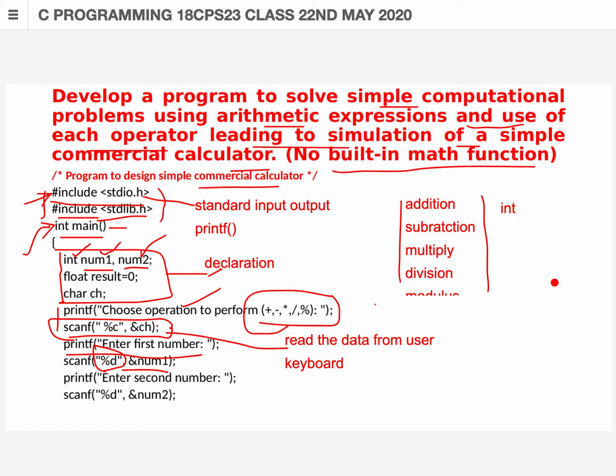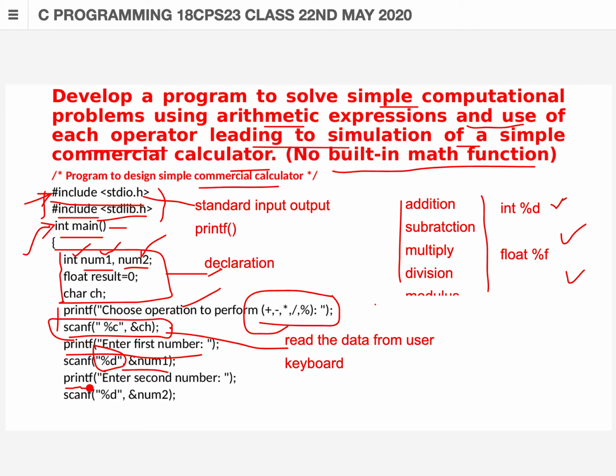For integer it is %d, for floating point numbers it is %f, for characters it is %c, and for string values it is %s. These are the standard format specifiers that we must use for reading the data as well as for displaying the data onto the output screen.